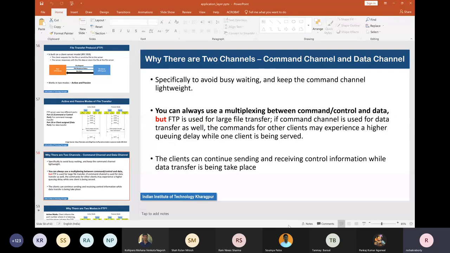Now you can always do a multiplexing between command and data, saying that, well, I will first do a command, then data, then again command, then data, then again command, then data. But this busy waiting problem might still be there, because in the slot in which you are expecting the command or control information, you might not find anything. And another thing is that